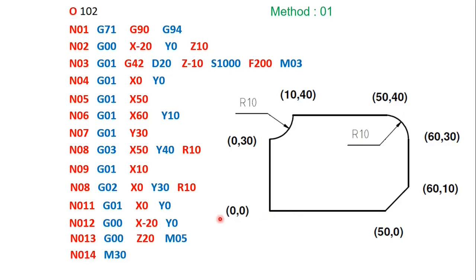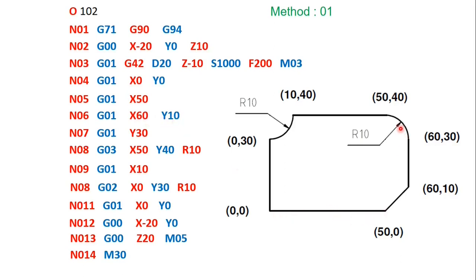Okay, I'll just give you one more step. First we are somewhere here, reach 0 0, do a linear interpolation machining. Again linear, then circular machining, linear, circular machining, linear. So what is the linear? G01 followed by the coordinates of the endpoint.